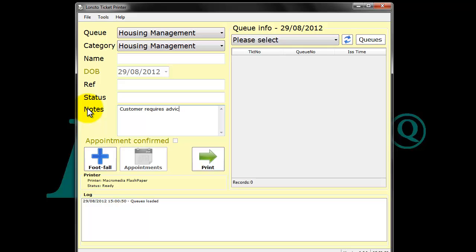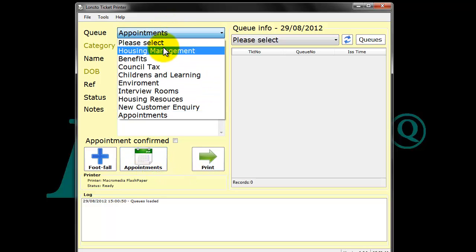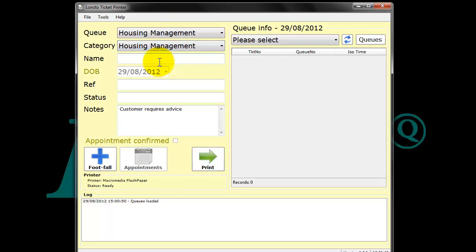When we issue a ticket this will be presented on our keypad. Now we've got a couple of options we can add to this. If we select it as an appointment, my appointment fields become activated, but we'll look at that in another demonstration. So let's go back to our original queue. Now what we're going to do is issue a ticket. So if we hit print,